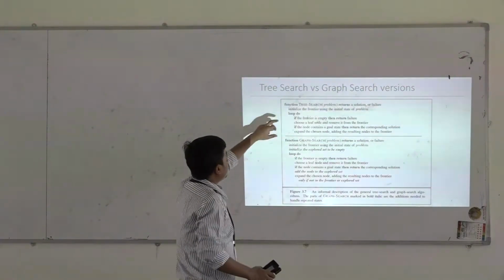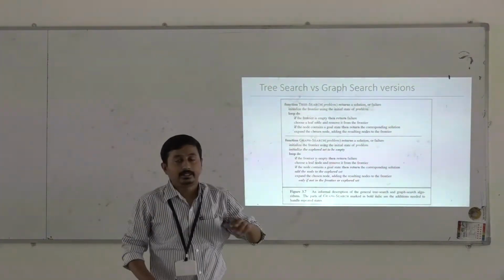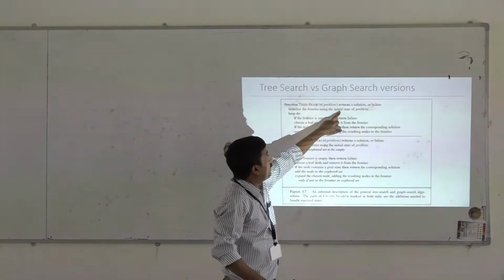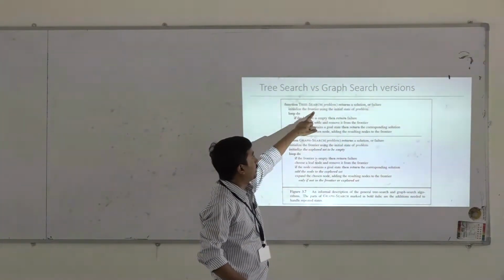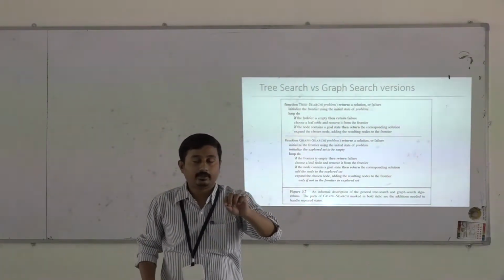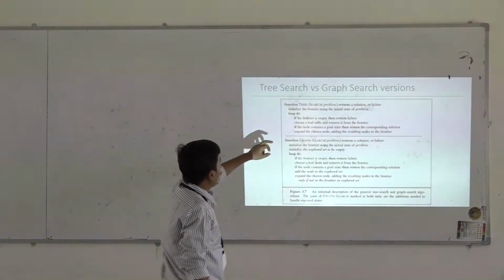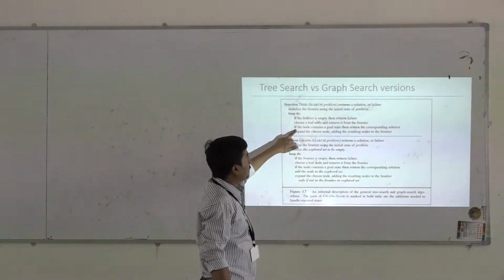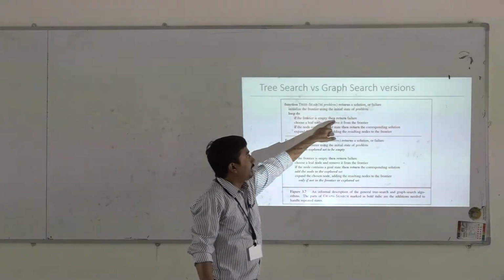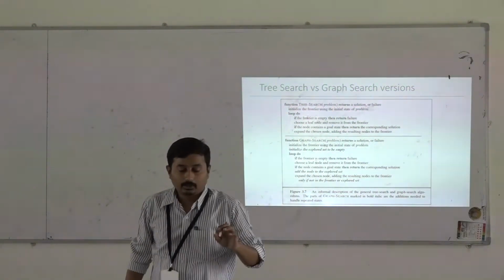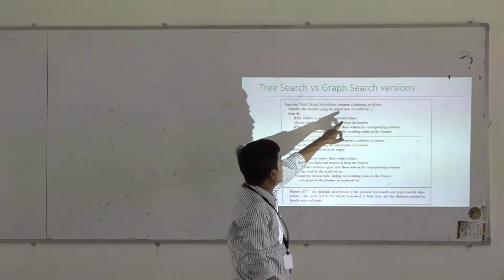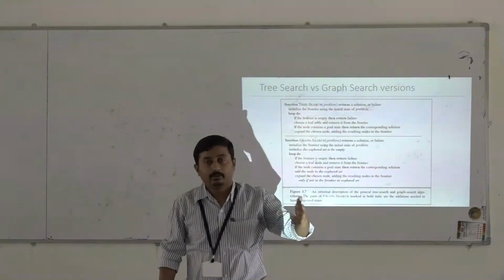So this is the basic structure of any search algorithm. Initially, initialize the frontier using the initial state of the problem, so your initial state will be there in the frontier. Then you repeat this procedure. Your algorithm will end in two cases: either it will find a solution or it will be a failure, where there is no goal state.